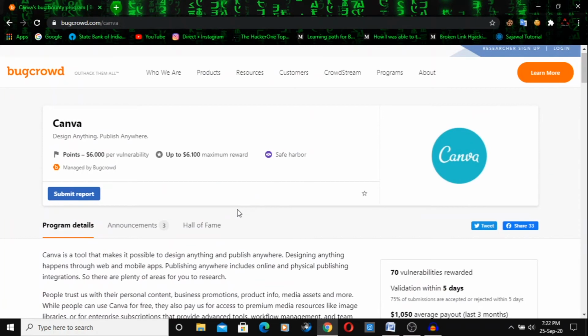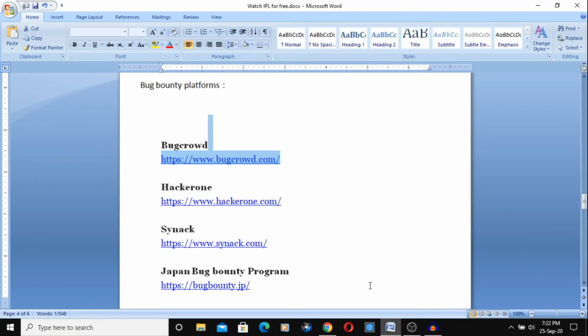And if you find a bug, sometimes you can get a duplicate report. Like if you found a bug and reported it, it is in scope and in the targets, but they may say that it is a duplicate.